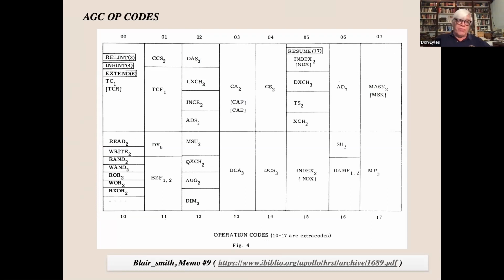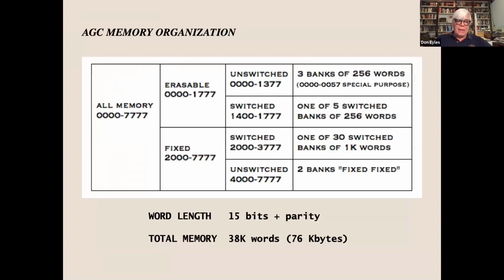But at any rate, with a 15-bit word, they were able to eke out 30-something different opcodes using a number of subterfuges. One of them was the operations on the bottom half of this chart, which had to be preceded by an instruction called extend that essentially added a bit, and right there doubled the number of operation codes. Next slide. And the other ways of making it fit